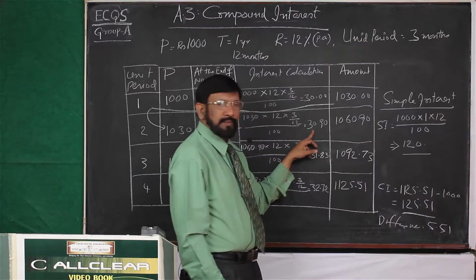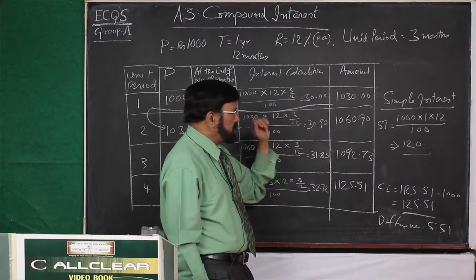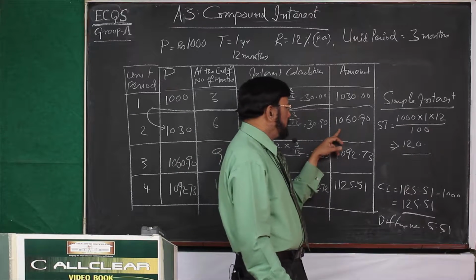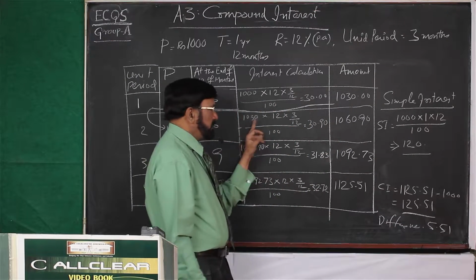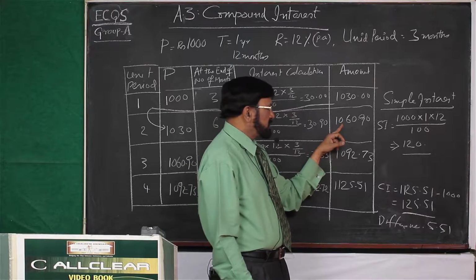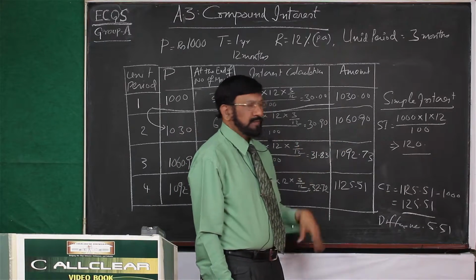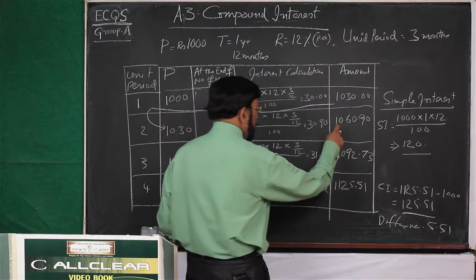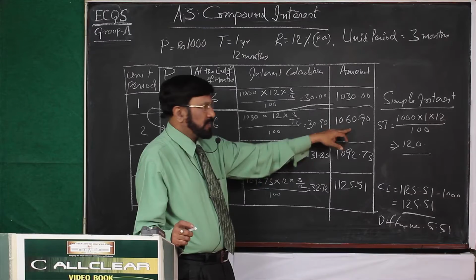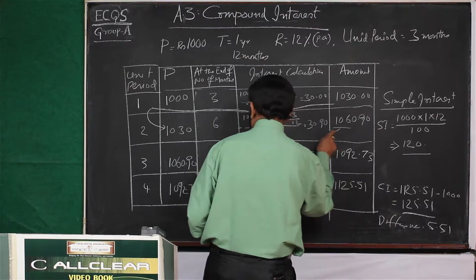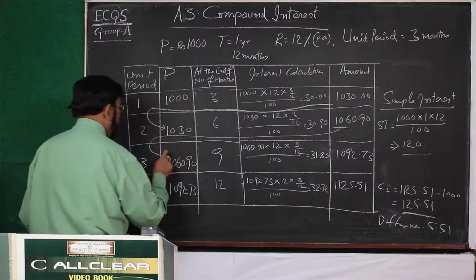Now interest will be 30 rupees 90 paise, and the amount will be 1030 plus 30 rupees 90 paise, 1060 rupees 90 paise. Okay. Now at the end of the second unit period, this is the amount, and this will be the principal for